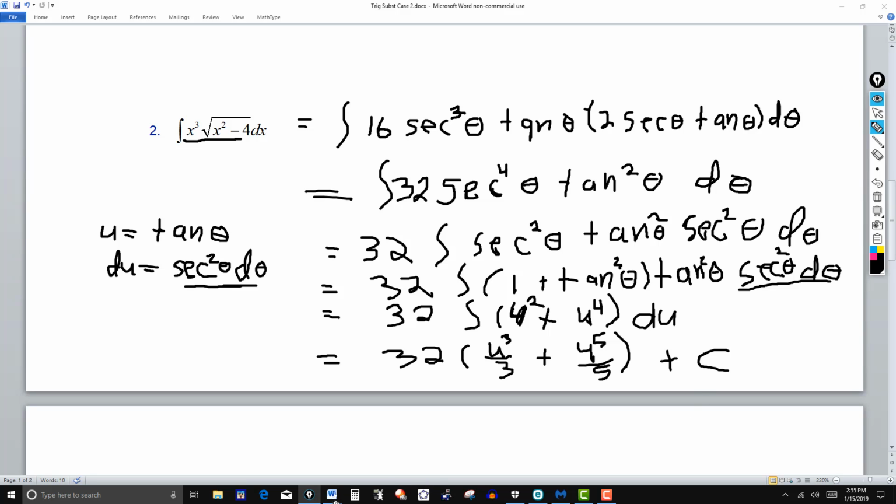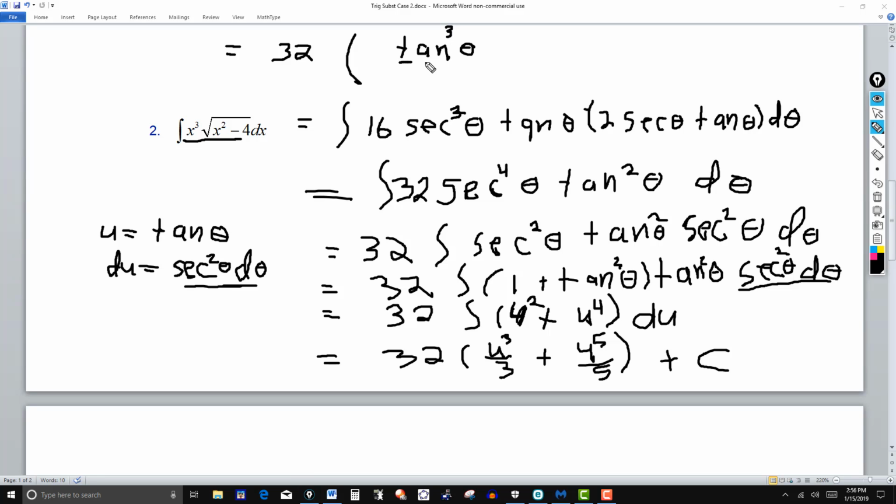Okay, so my next step is to go back to the original variable. But in order to do that, I have to go back to tangent. So what is u? u is tangent theta. So let me go up here. This will be 32 times tangent theta over 3, and this is to the third, because it's cubed over 3,